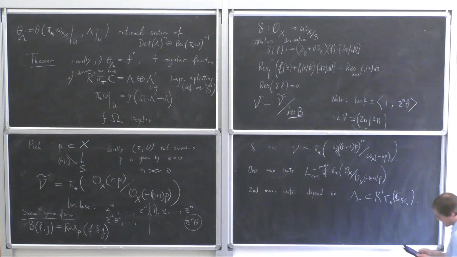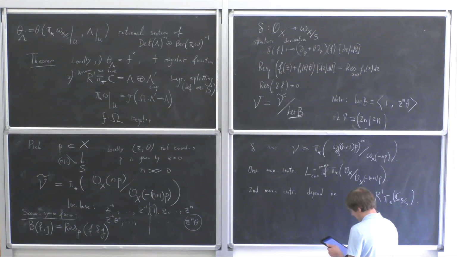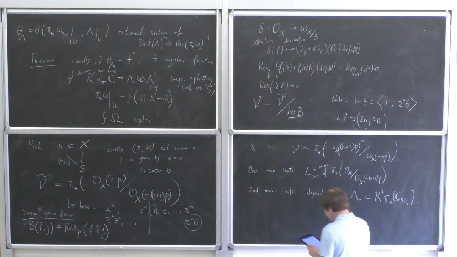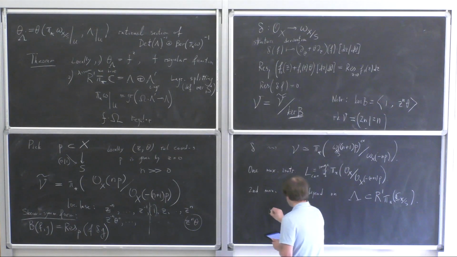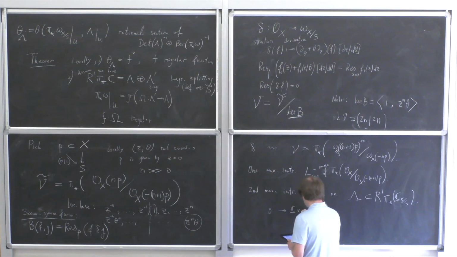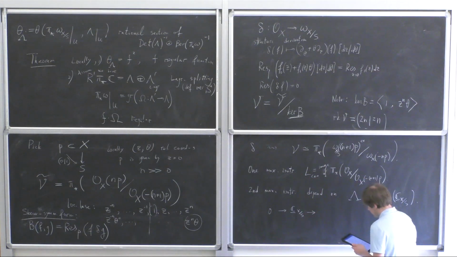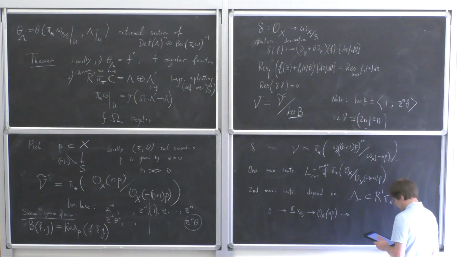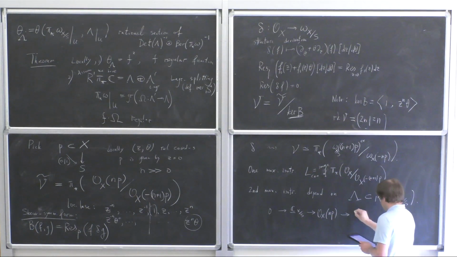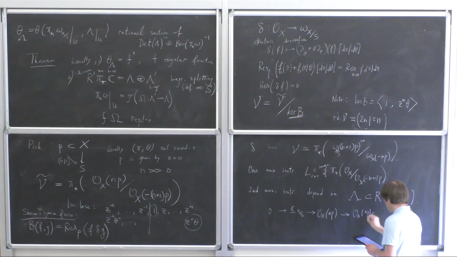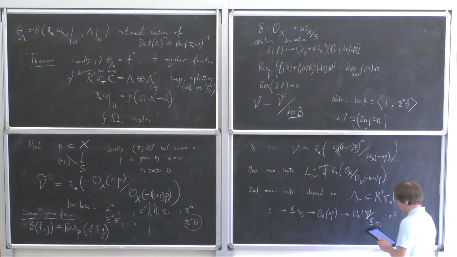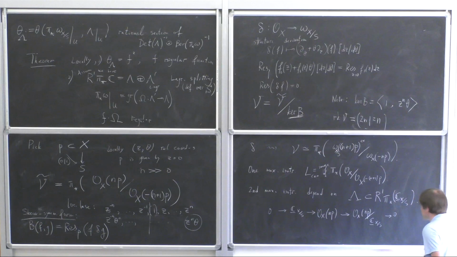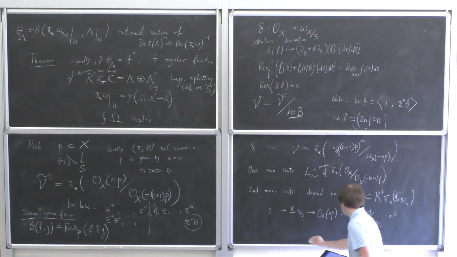And to define it, I use the following exact sequence. So I consider a kind of obvious exact sequence: relatively constant functions embed into functions with pole at most n, and then go into the quotient sheaf. And this gives, so I take the corresponding long exact sequence of pushforward, and then I get some map